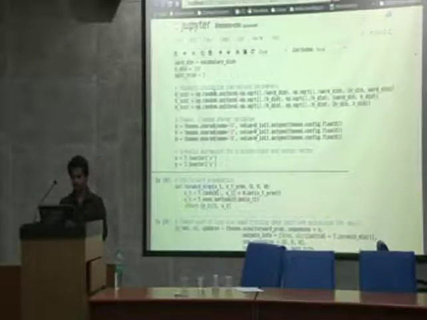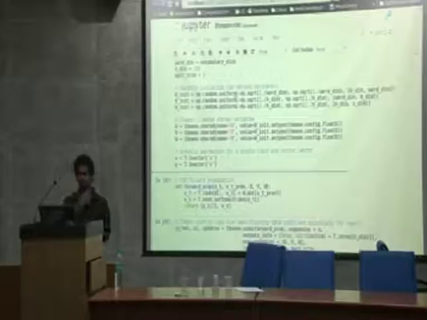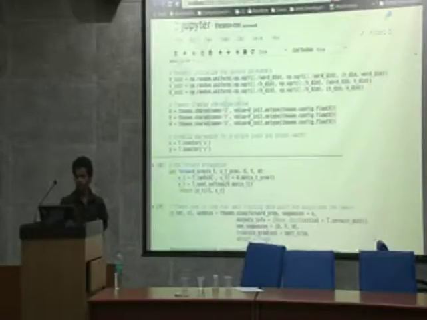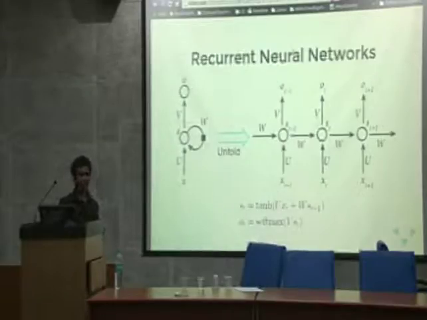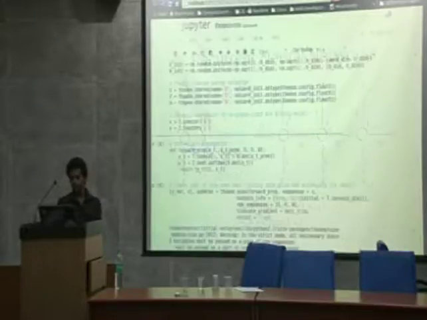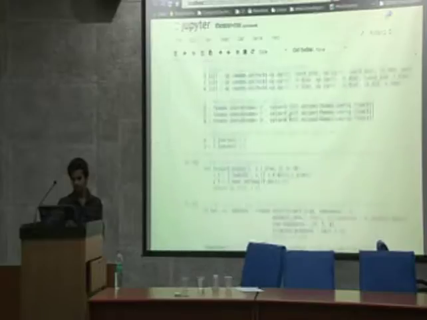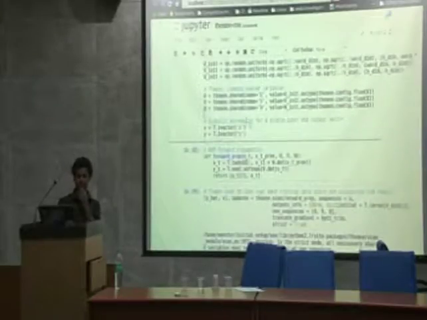And then I am randomly initializing the parameters of the model, which is quite similar to the initialization of the weight parameters in the previous IPython notebook. Okay, so in this particular network, we have 3 weights which we have to learn. One is U, which is your input weights. Second is W, which is your transfer weight between states. And another is V, which is the weight for your output. Then similarly, we are creating some symbolic expressions for the input and output, which are X and Y.